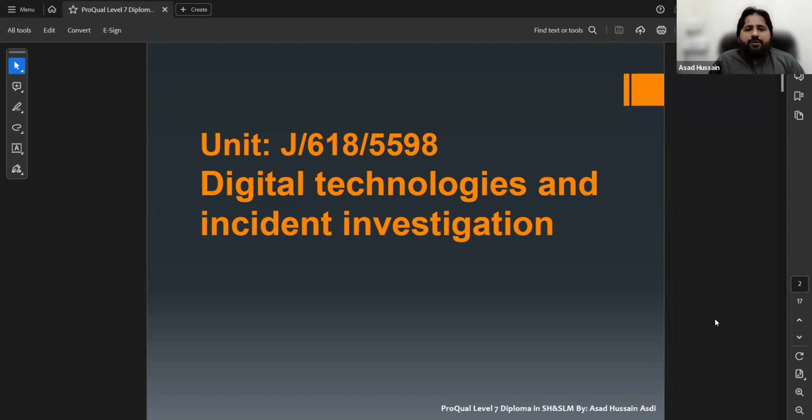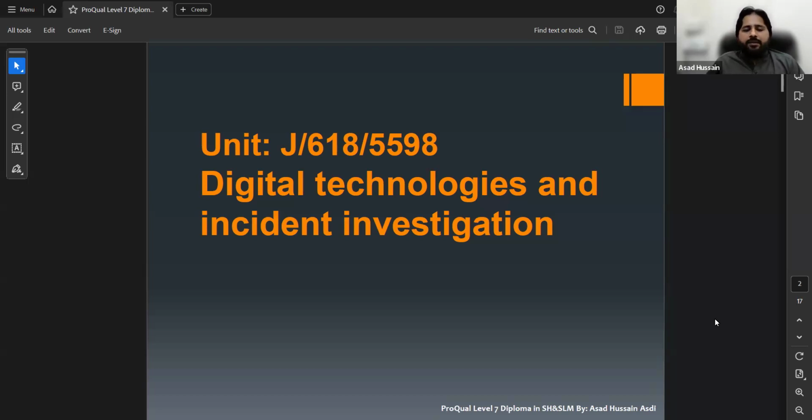In the name, we don't have risk assessment, but we will cover that topic also. And the focus will be how the knowledge of digital technologies and risk assessment can help to identify and control different risks and hazards, and also how these can help to investigate any incident